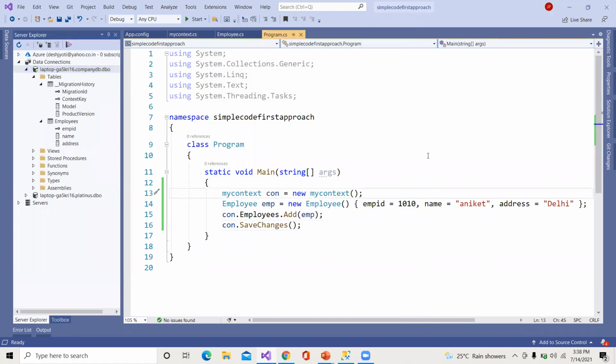I hope this video has given you a clear idea regarding the code first approach. Next, I'll be showing you the model first as well as